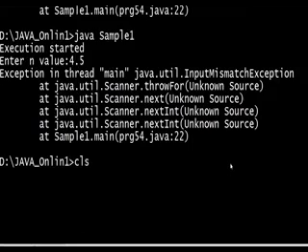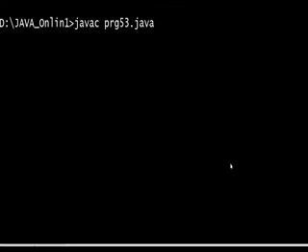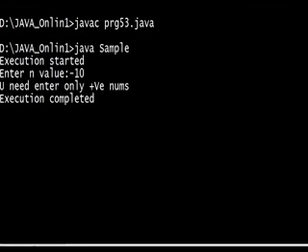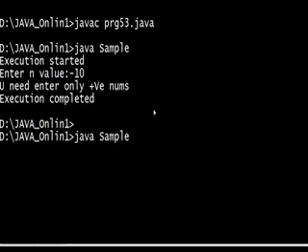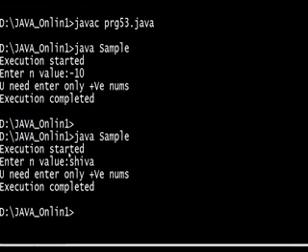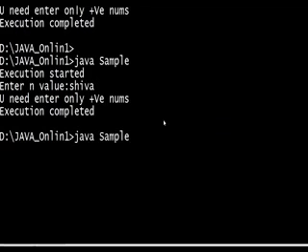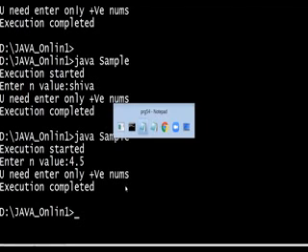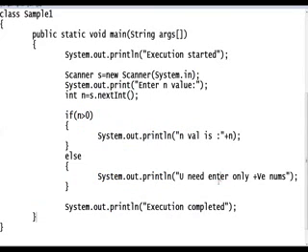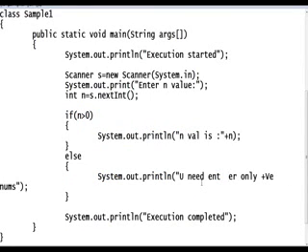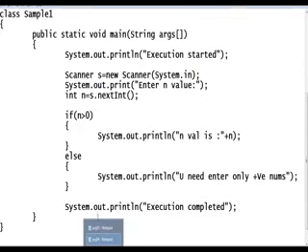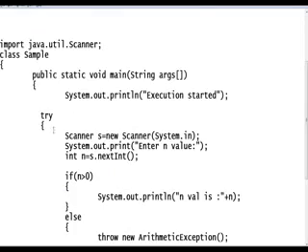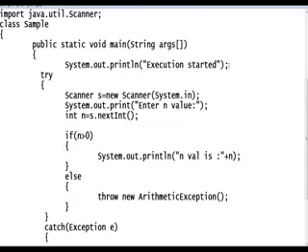Okay, go to the previous program and check with the try catch, PRG53 Java Sample. See guys, if I enter minus 10, it works: you need to enter only positive numbers. Enter Shiva also, right? Now see, I will enter other input. See this: you need to enter only positive numbers. Enter any decimal values like this. You understood the difference. If I write the message in the else block, what is happening? If I handle that exception, what is happening, right? You can understand why I wrote a try catch. Whatever other input you enter, it will handle those exceptions.